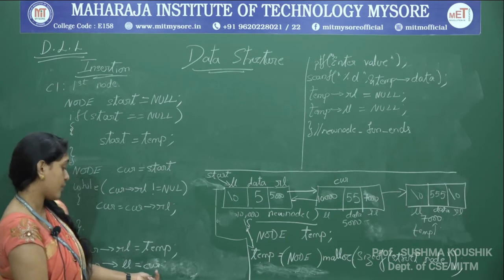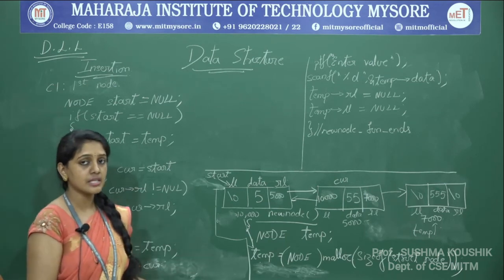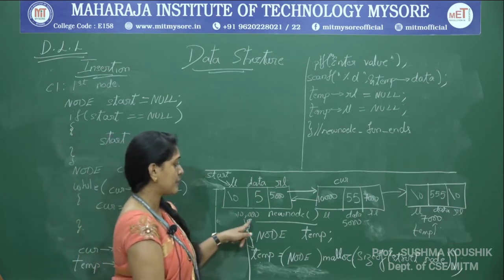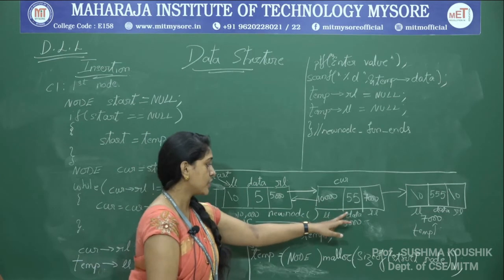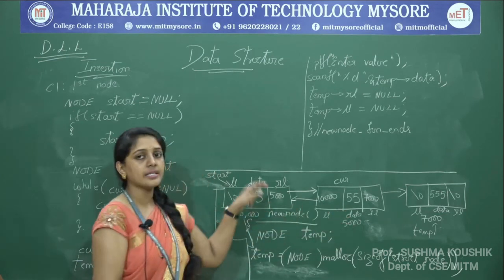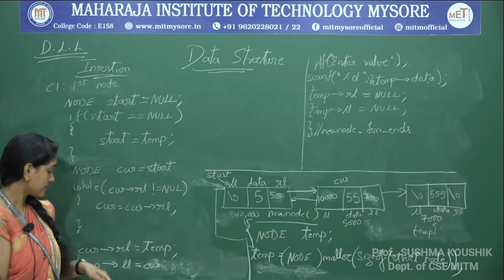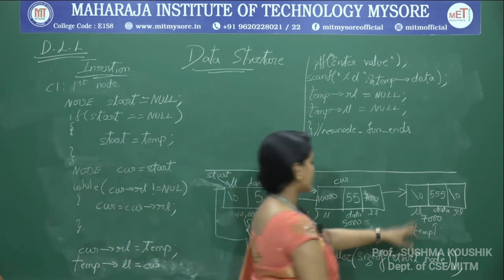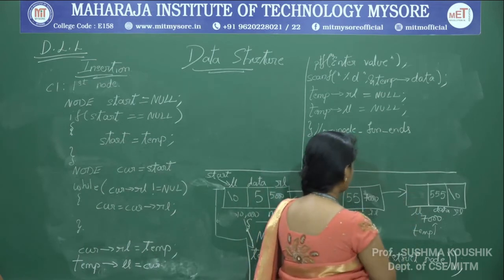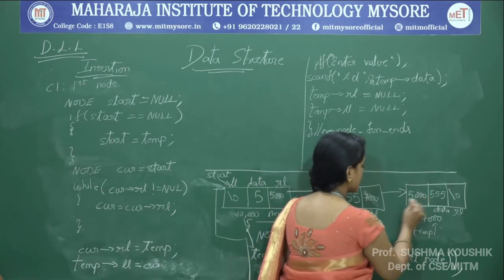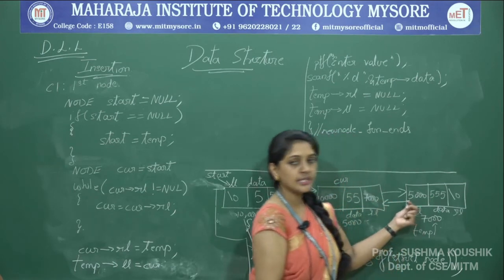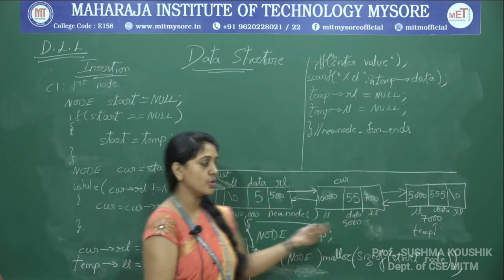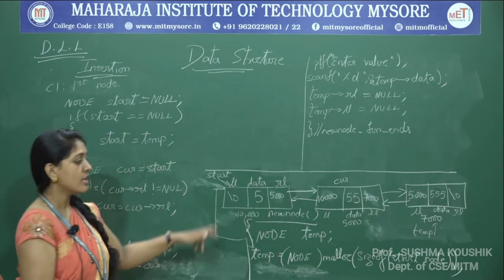Current is having 5000. So if I have made a mistake in the previous insertion, please make sure. Okay, current of RL is not required. Current itself will be holding 10,000. So if I just put temp of LL is equal to current, that will suffice the point. Okay, so with this temp of LL is equal to current. So what does current have? Current is having 5000. So we have established the link in the previous direction also. So okay, in this fashion we are doing.